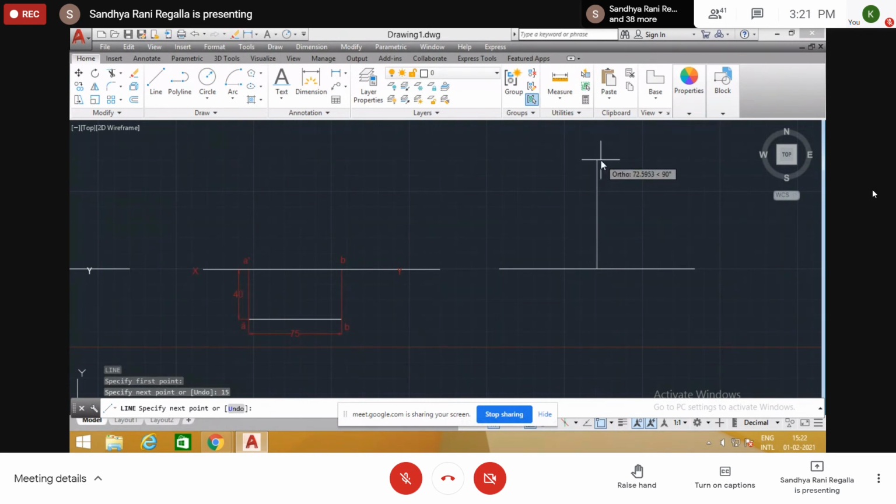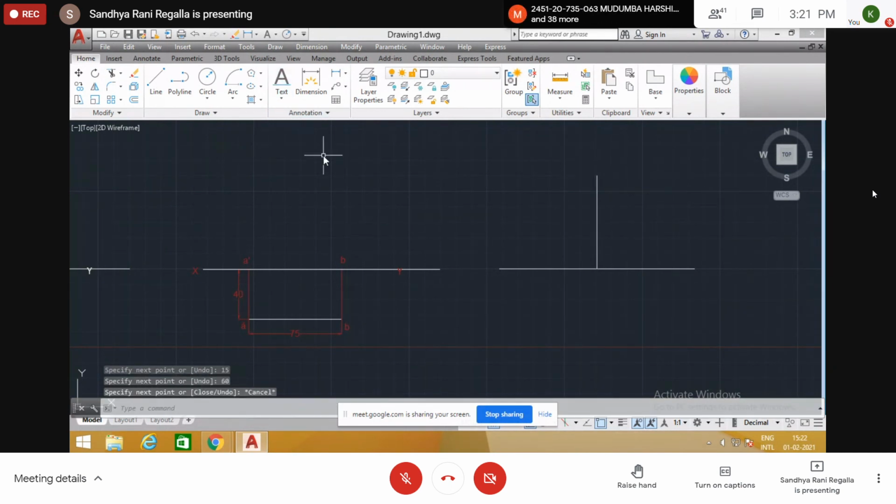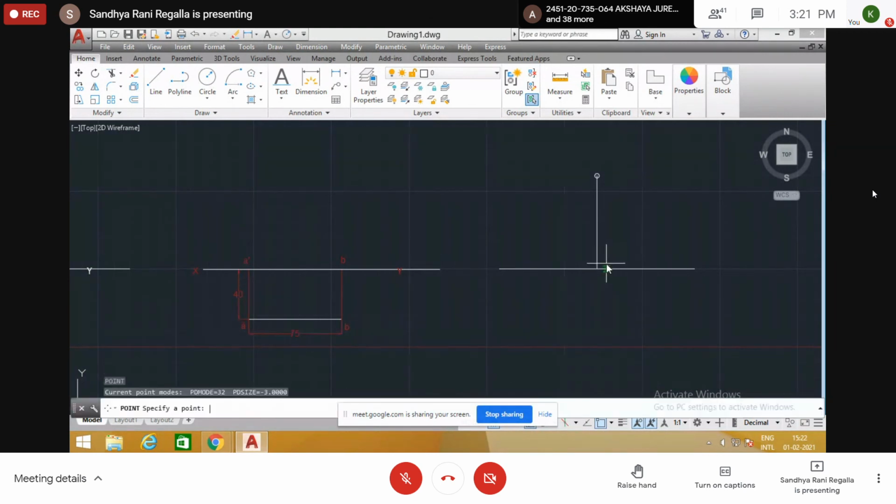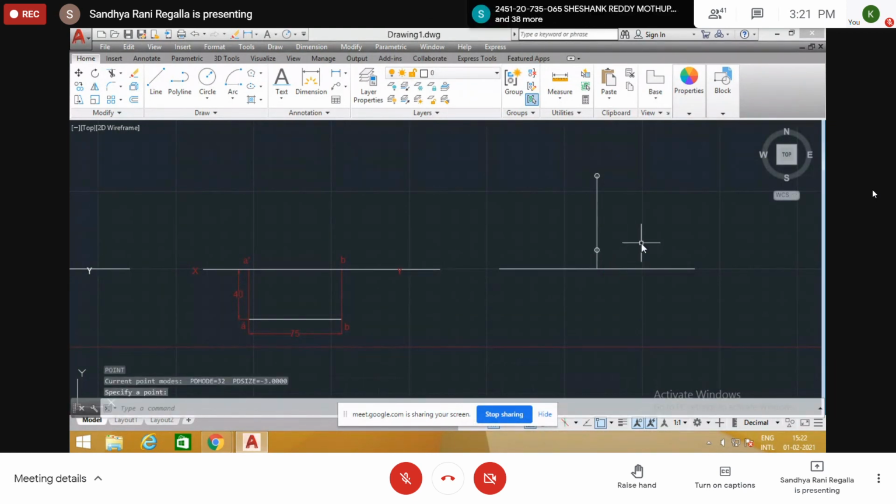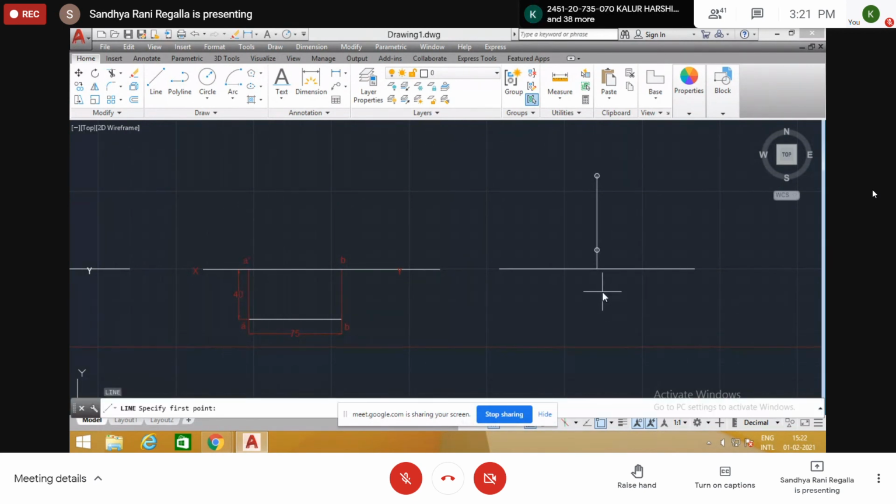And the length of the line is how much? The length of the line is 60 mm, so we put a point here. This is the line, and this is 15 mm. One end of the line is 15 mm above HP, and the length of the line is 60 mm from XY. And the distance from VP? 20 mm.